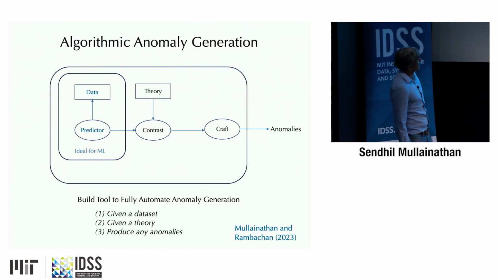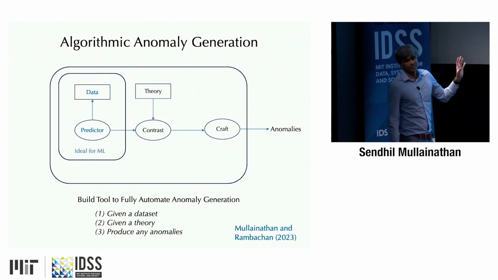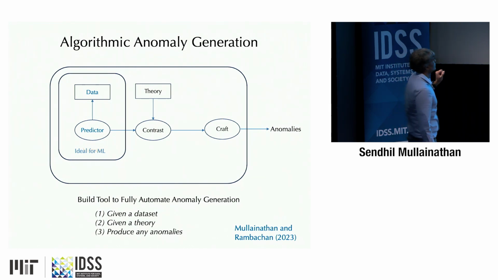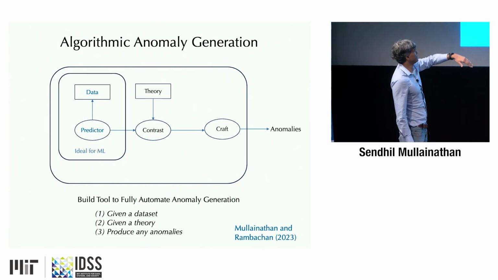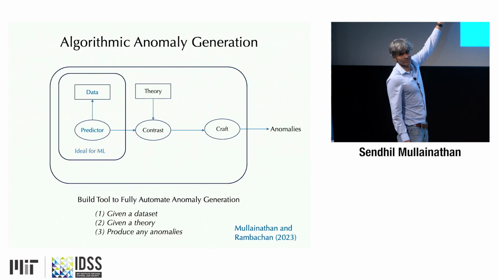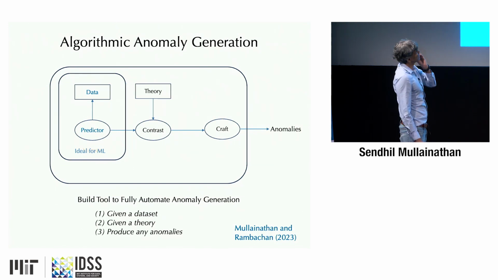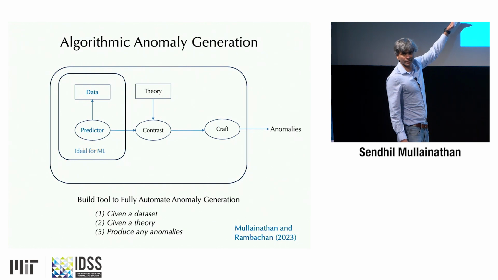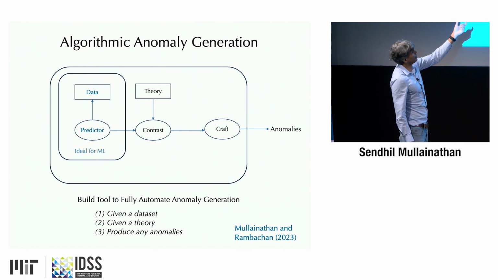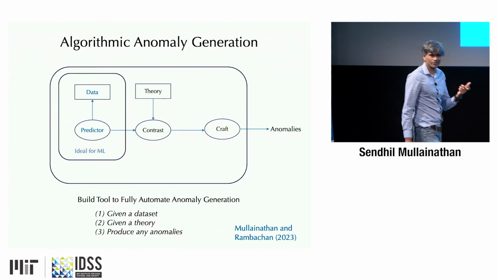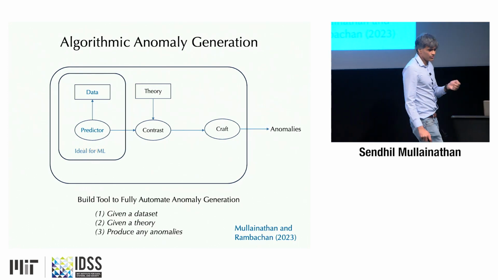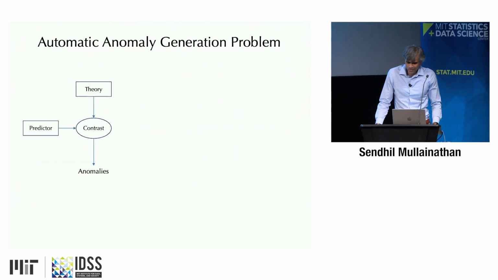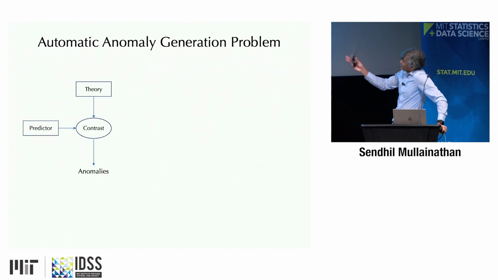So perhaps, given that, we could actually automate the entire pipeline. What do I mean by that? Suppose we wanted to take this whole bit and just have it produce anomalies. What does it need? It needs some data on behavior to build the first supervised learning bit. Then it needs a formal description of the theory. And it needs this contrastive function. It needs to be able to contrast whatever signal is in the ML model with the theory. And then it needs to be able to produce this minimal object. So this is the thing we're trying to build: take a theory, take a predictor, contrast, build anomalies.